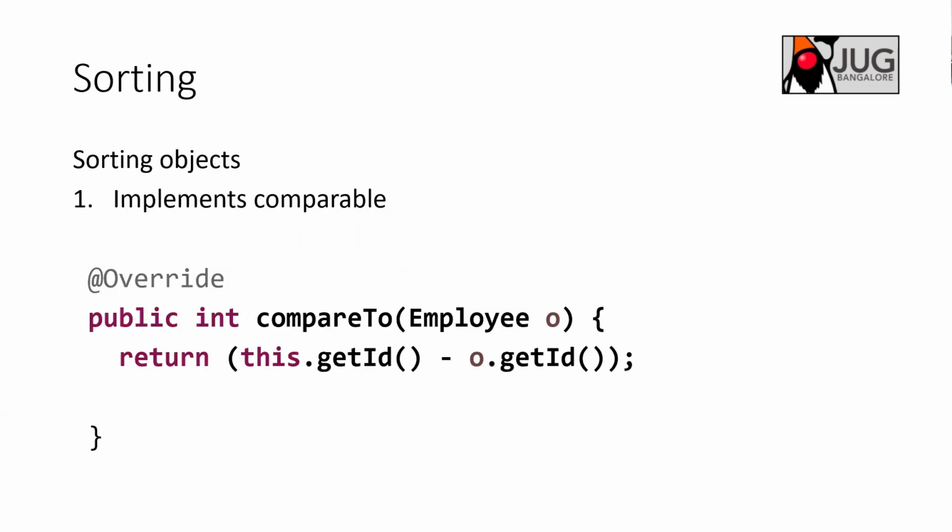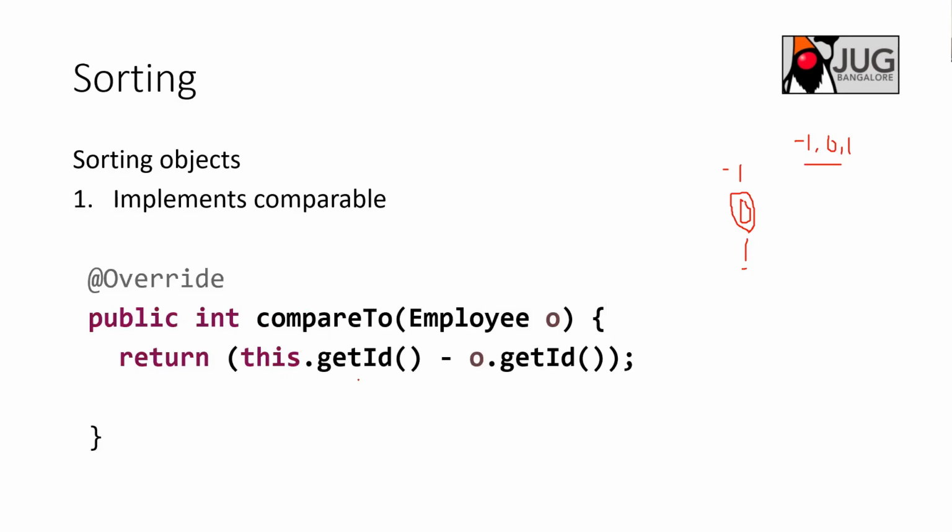So there are two ways. One is that you can implement Comparable and then override the compareTo method. How it works is pretty simple. You have -1, 0 or 1. -1 means the left element is smaller, 0 comes if the left and right elements are the same, and 1 comes if the right element is smaller than the left element. So basically you place -1 first, after that 0, then 1. This is how it works. What it returns is the result of comparing the elements.